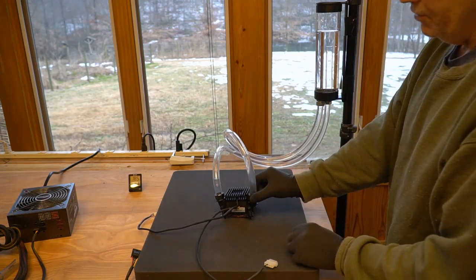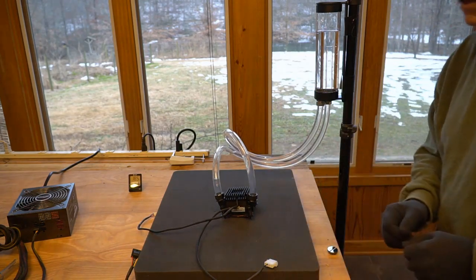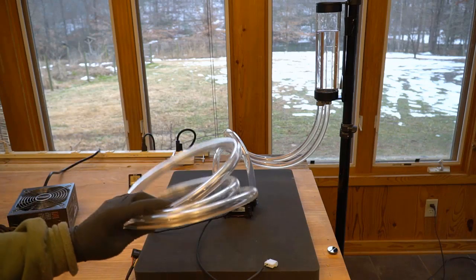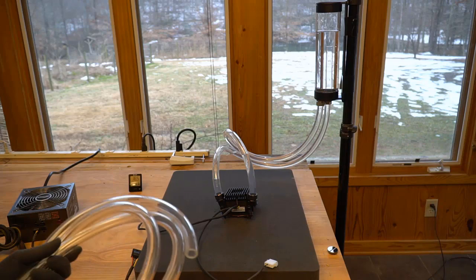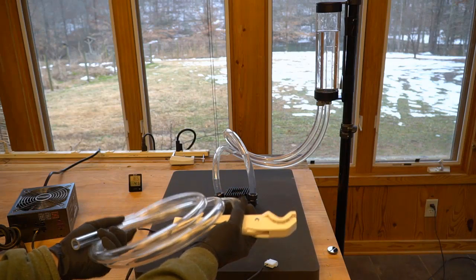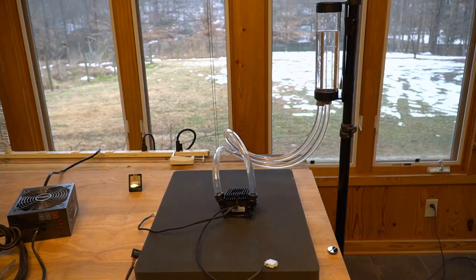unscrew these connectors, these compression fittings, and wiggle the hoses out. What I find to be actually a little easier, because I don't like to sit there and fuss with this, I'm giving you lots of extra tubing. This is the same tubing that's in the computer now. It's super thick. It's the super clear kink-free tubing. I'm also giving you a